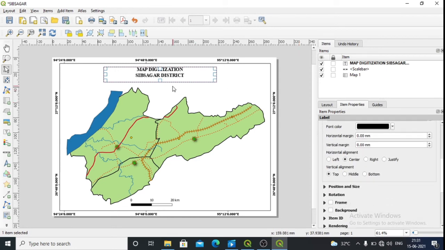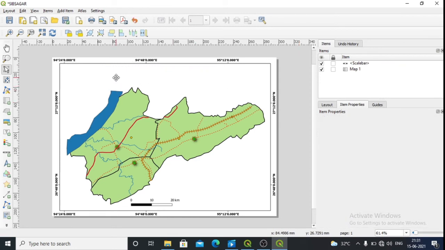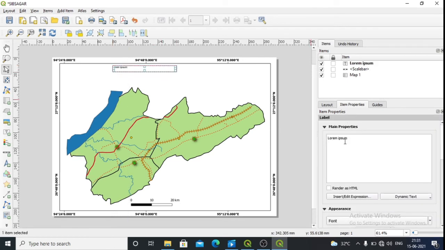Okay, so let me delete this one. This is one, map digitization.